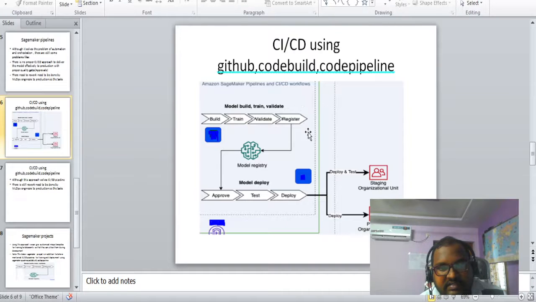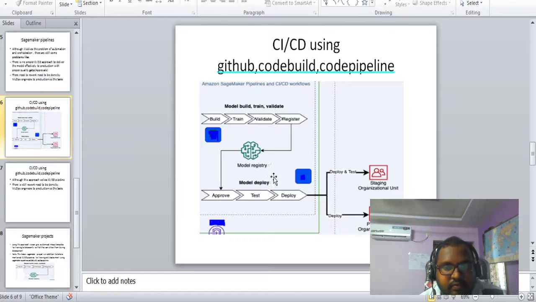This process is achieved by SageMaker pipelines, and triggering this process is done by AWS CodeBuild. So triggering is done by CodeBuild, and this build, train, validate, register is achieved by SageMaker pipelines, up until the registry.